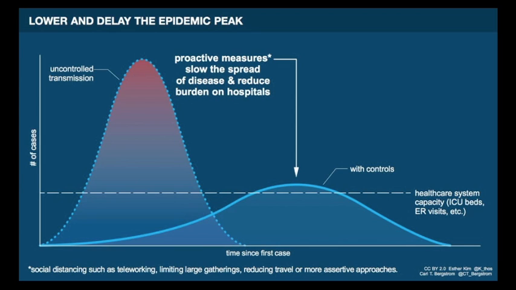So these two curves represent two ways to tackle an epidemic within a population. The first curve is uncontrolled transmission. That's where you just don't do anything. You don't put any kind of social distancing in place. You don't close schools. You don't tell people to wear masks. You don't tell them to wash their hands. You just let it burn through the population. This is what we get. The numbers go up very, very quickly. Again, this is exponential growth.